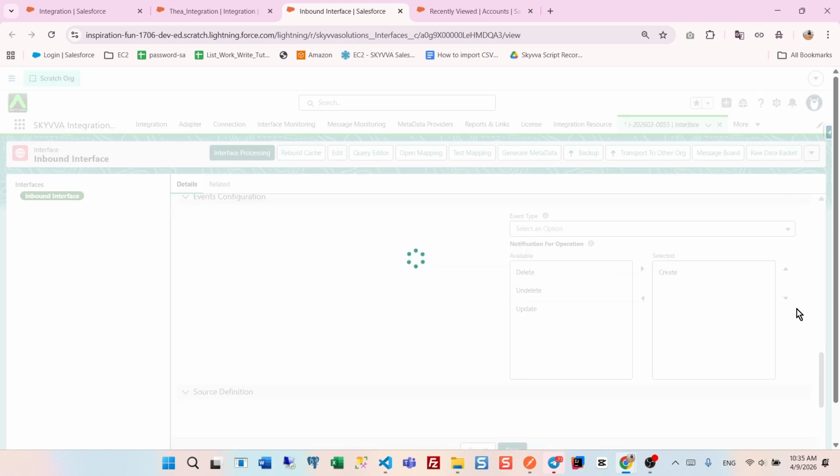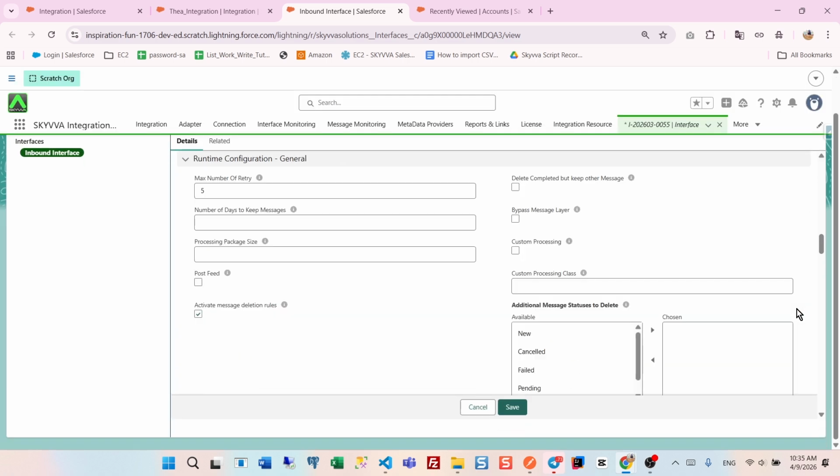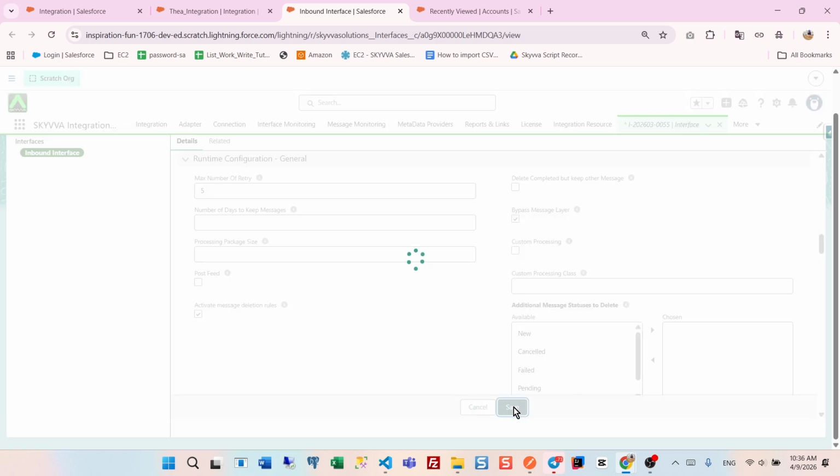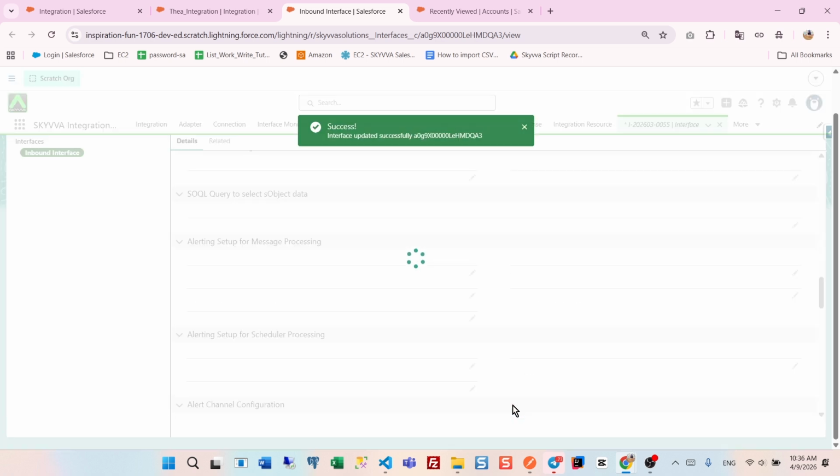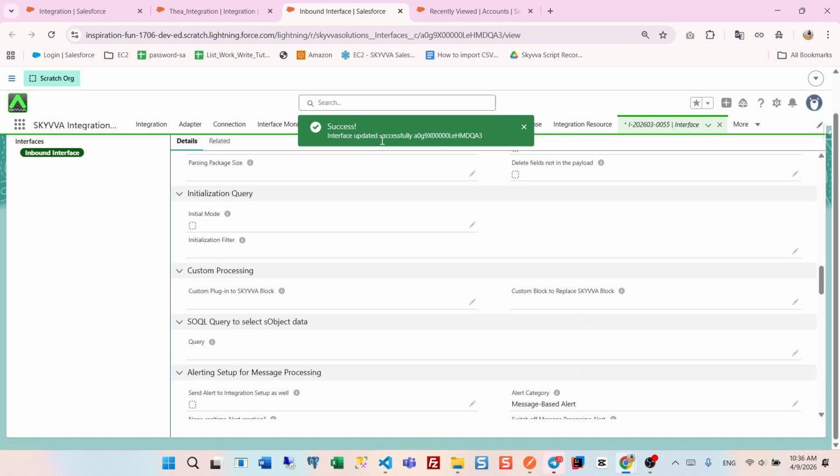Click the Edit button, then enable the Bypass Message Layer option. When this option is enabled, messages will not be stored in Salesforce. Finally, click the Save button. After the interface updates successfully,